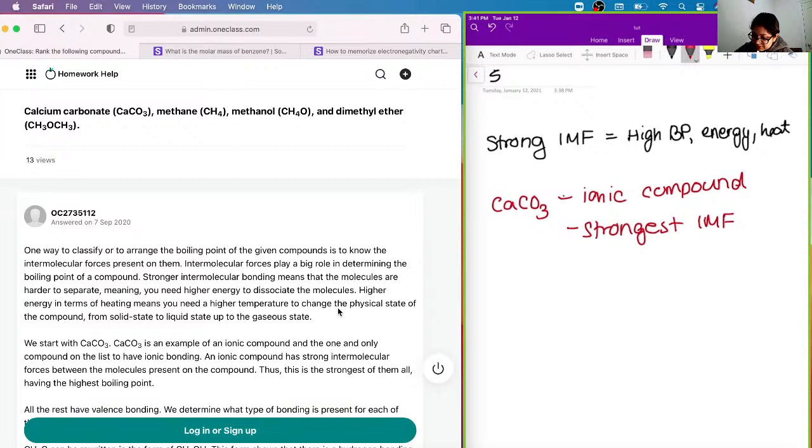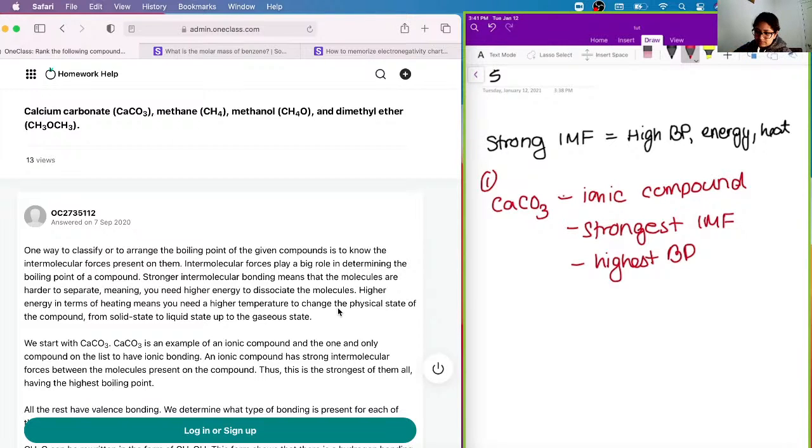This is the strongest of them all, so this will have the highest boiling point. We can say this is number 1 for being the strongest. Okay, and so all of the rest, as you can see, methane, methanol, dimethyl ether,